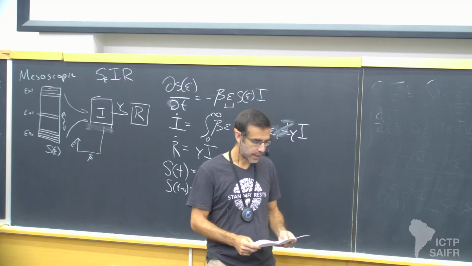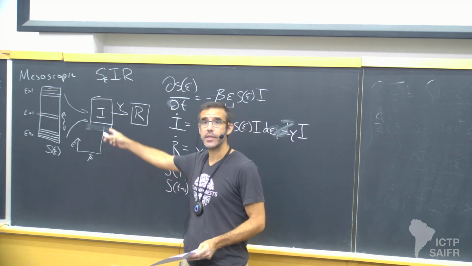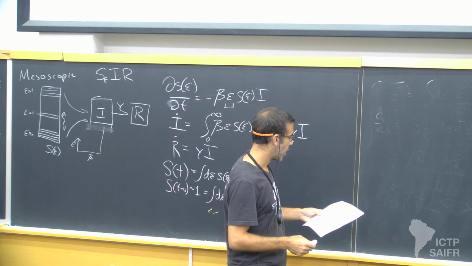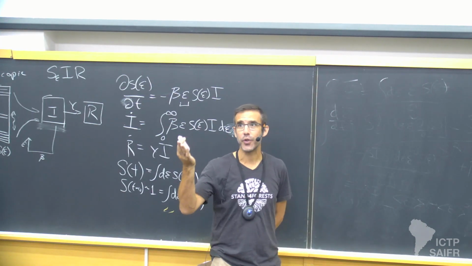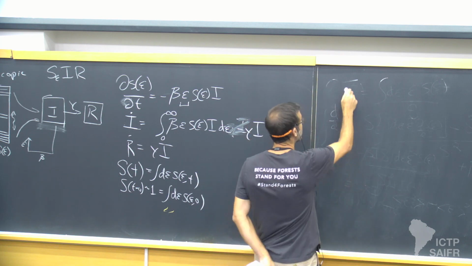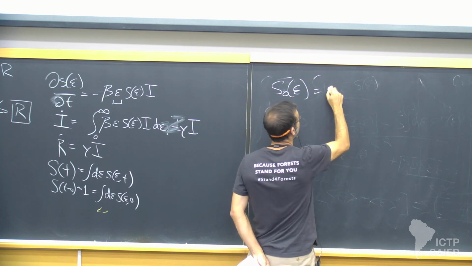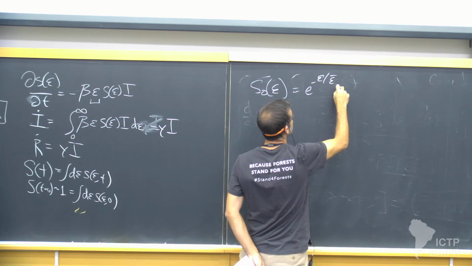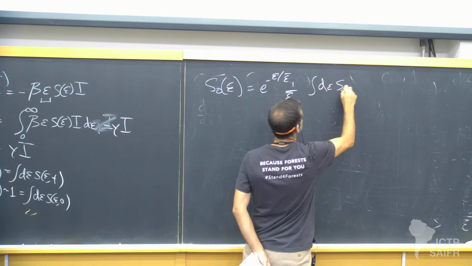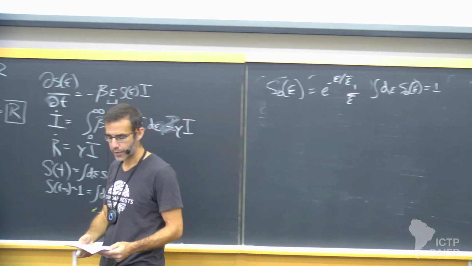Let me do one last thing here today, which is I want to go back to where I started, which was the distribution, and just revisit it one last time. So I'm again going to use the specific choice, I apologize, the specific choice of exponentials, just because it makes it a little bit easier. And we're going to imagine that initially we had some exponential distribution such that the integral dε S0(ε) was 1. Okay, so I have this initial exponential distribution.